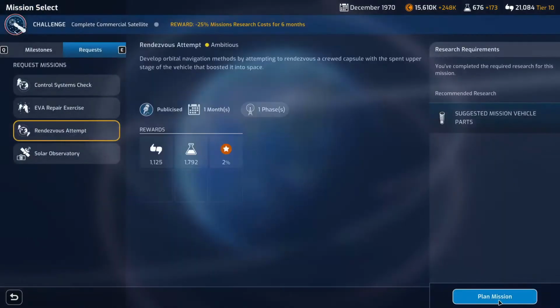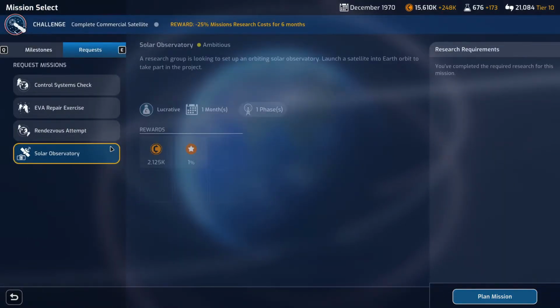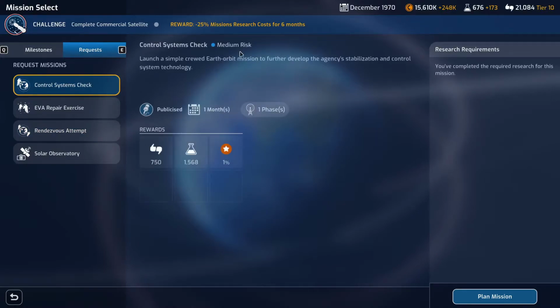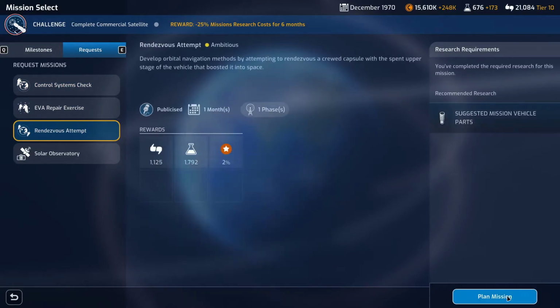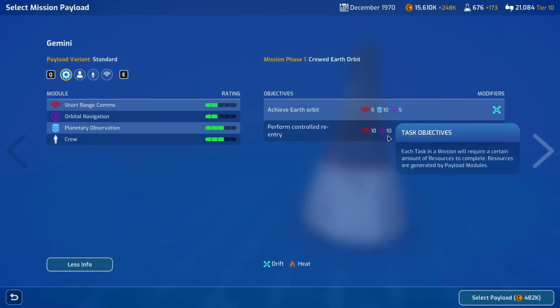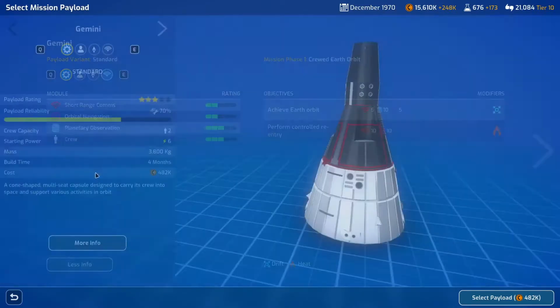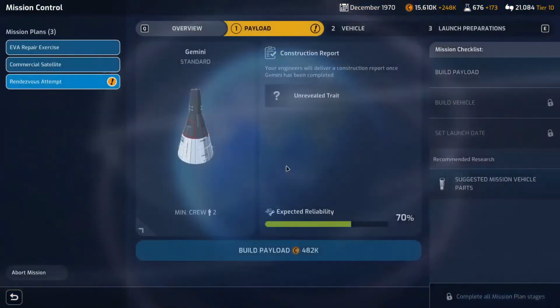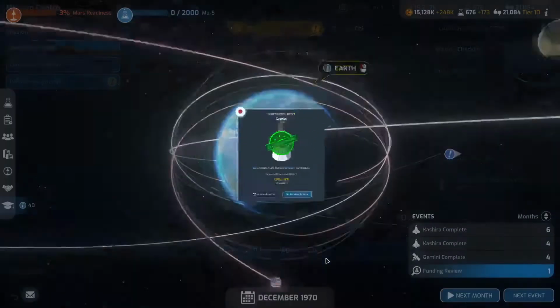Okay, so let's plan that mission because I don't see anything else really piquing interest. I mean, this one's ambitious, but this one is medium risk, but this one gives a bit more support. So let's get this one done. Okay, so it's a lot of comms and navigation, but standard crew, navigation and comms. Nope, we'll stick with the standard just to keep the payload high to ensure the mission can go as smoothly